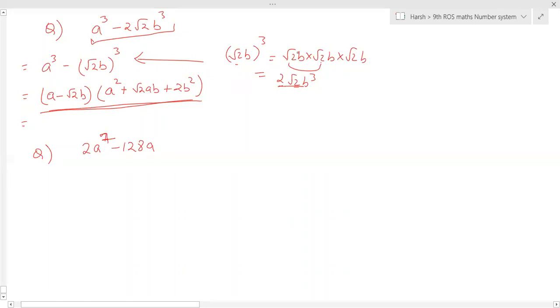Yes, Vidyut, Srinidhi has done. Okay. I'm not sure about it. If it is not correct, then you'll get 0. Tell me your answer. 2a, a square minus 64. Okay, got it. Vidyut, not correct. You will try again.